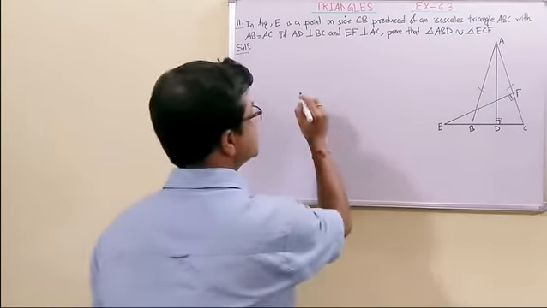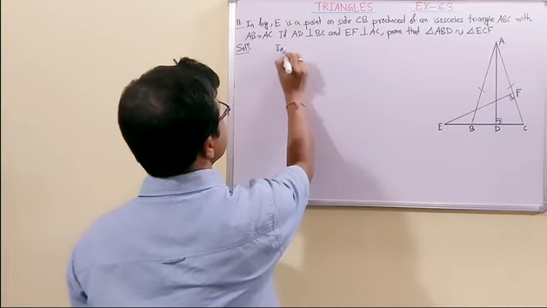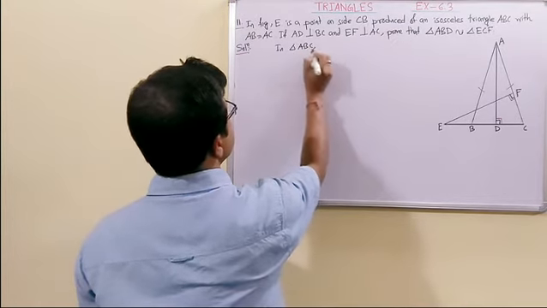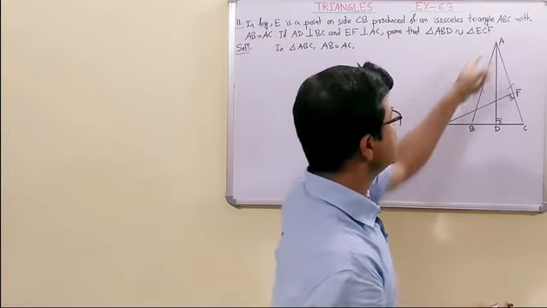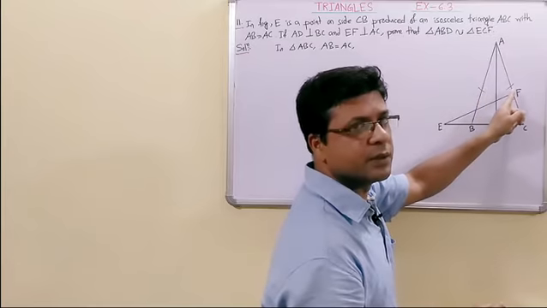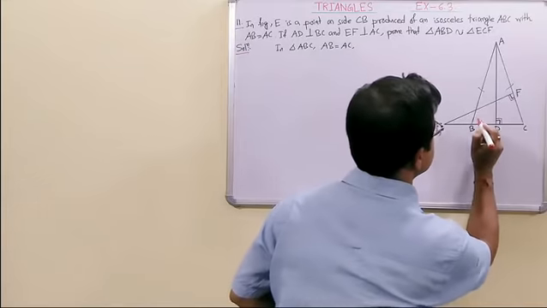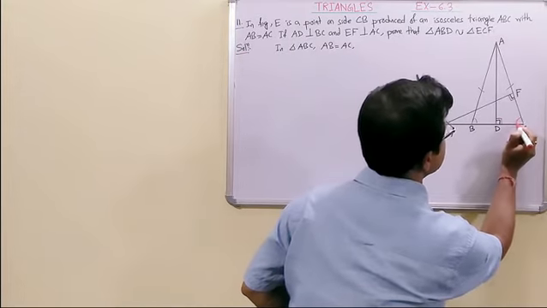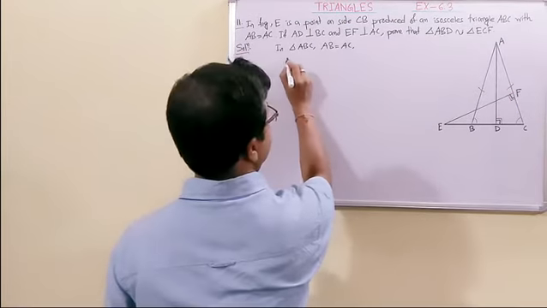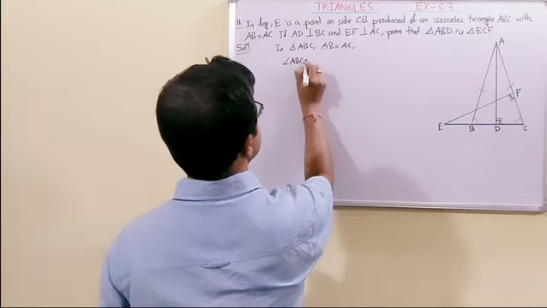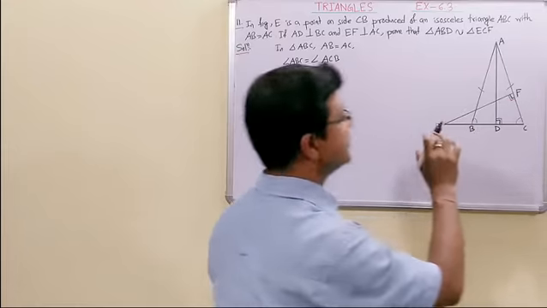So let us start, students. Now here it is given in triangle ABC, these two sides are equal. So in triangle ABC, AB is equal to AC. Students, you can see that in this triangle, these two sides are equal. So this is an isosceles triangle, so opposite angles are equal. So we can write this angle is equal to this angle. Its opposite angle is this. So let us write angle ABC is equal to angle ACB. This is from the given part we have written.